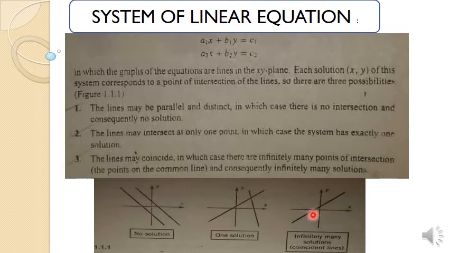Look, students, you can see that these two lines are overlapping each other. If the lines are overlapping or coincident, then it means the system has infinitely many solutions. Infinitely many solutions means, students, we have values which depend on some parameters. That's why we say infinitely many solutions. So students, memorize that a system of linear equations has only three types of solution. Number one is no solution, second is a unique solution or one solution, and third is infinitely many.